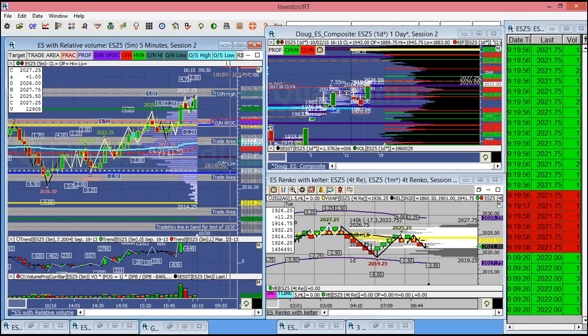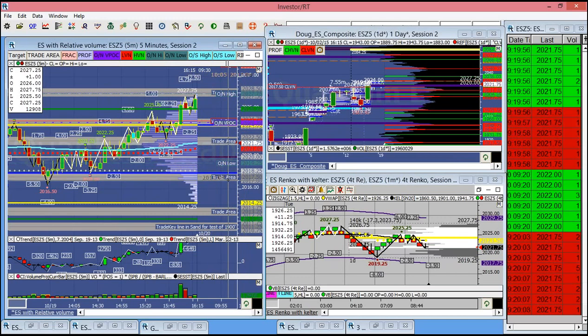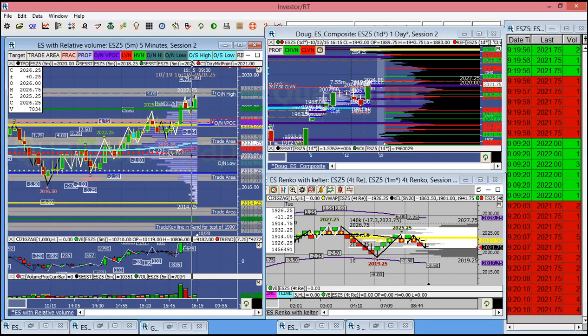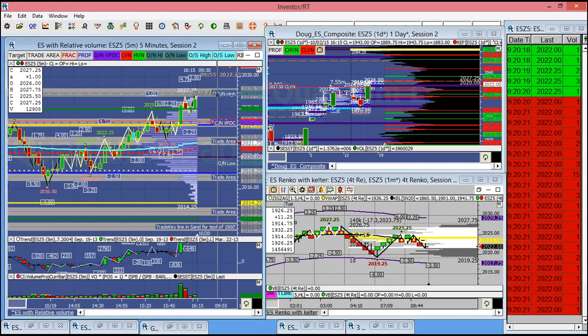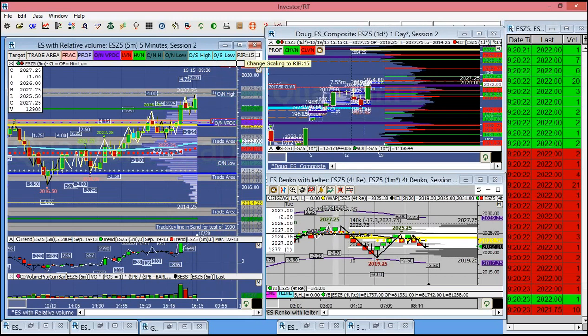So if they don't take out the overnight low, or even if they do take out the overnight low, depending on the fact that the overnight session is as tight as it is, I would expect us probably to take out both sides, the overnight high and overnight low, especially the fact that if we come down and hold this 18 and rotate back up off of it. That's going to